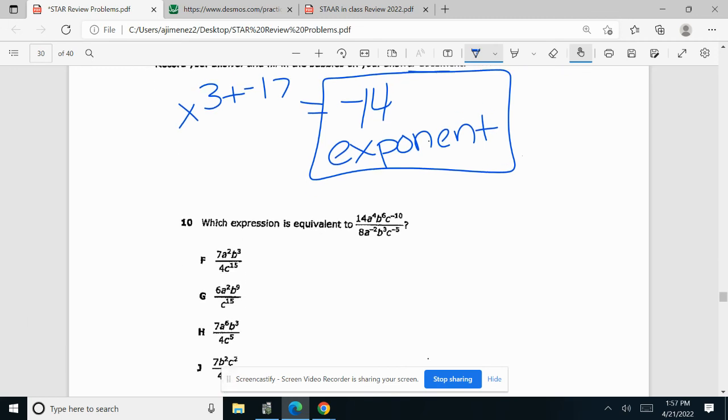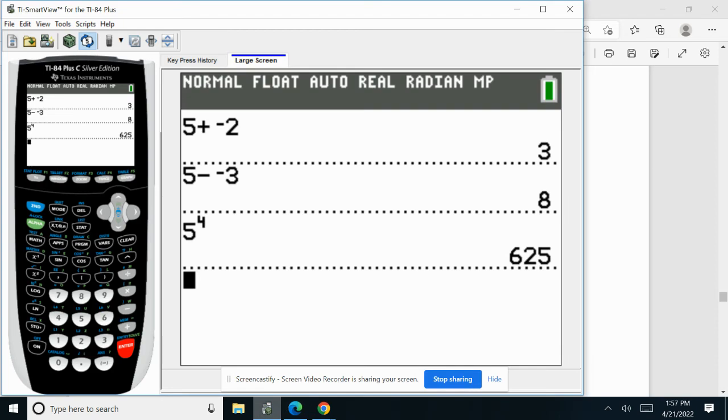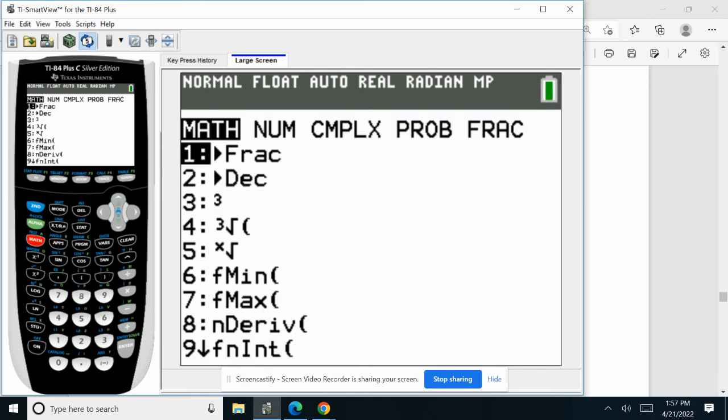Okay, again, it says equivalent, but you have exponents. That means you are just simplifying the problem. What I always want y'all to do is do one thing at a time. So let's do the numbers. We know we want to divide those, but 8 doesn't go into 14. So I'm going to use my calculator, 14 divided by 8, but I'm going to go to math, and I want the fraction of that,